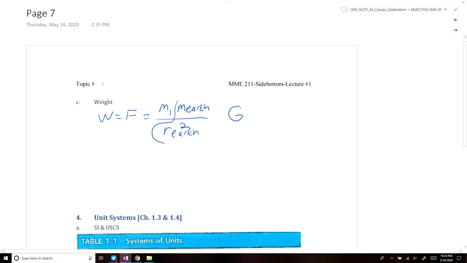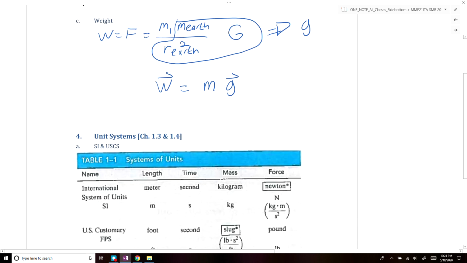Since these three terms are a constant value, we can set them equal to a constant, which we're going to label lowercase g. And so it simplifies: the weight of an object on Earth is equal to the mass times the acceleration of gravity on Earth. Okay? Alright,